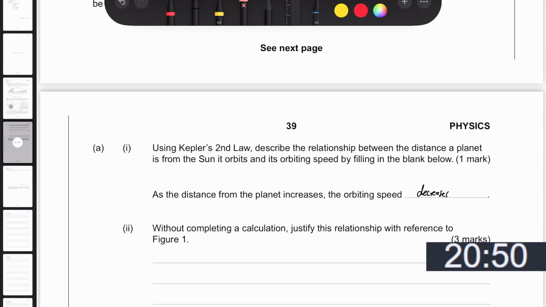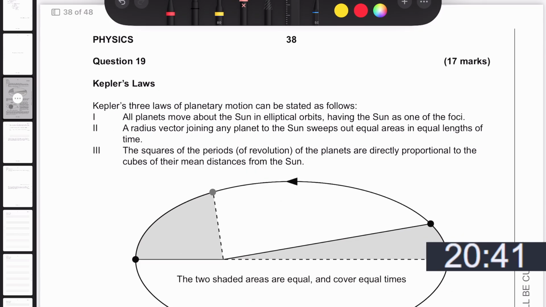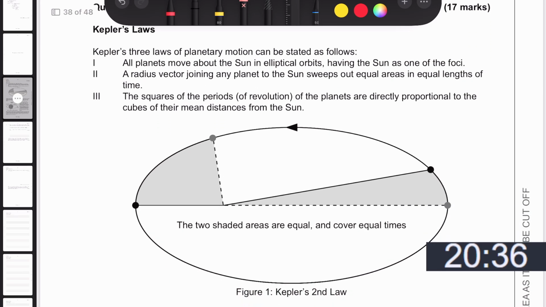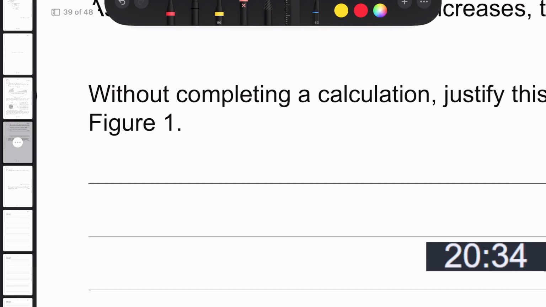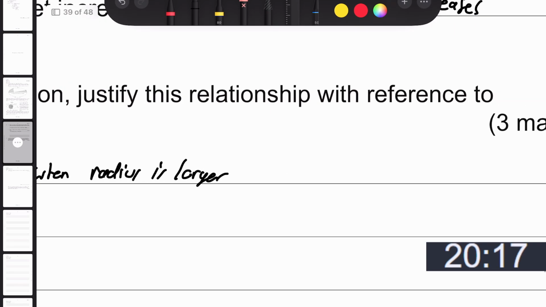Justify this relationship with reference to figure 1. To have an equal area swept for an elliptical orbit, when the radius is bigger, larger for an elliptical orbit,